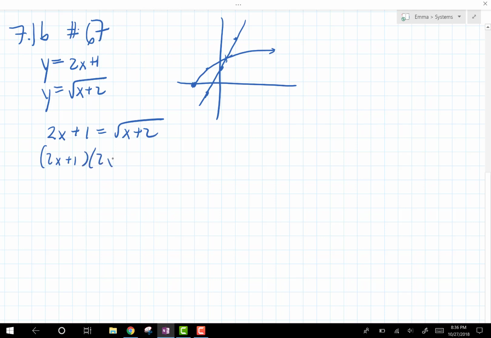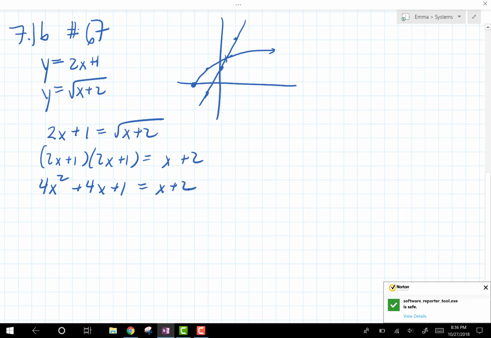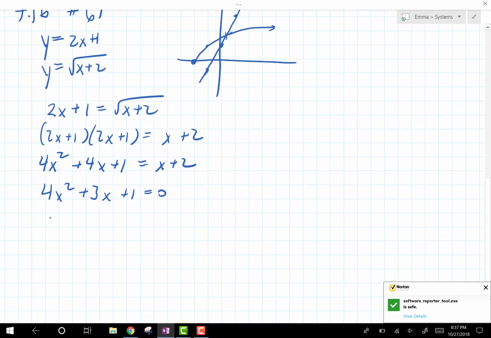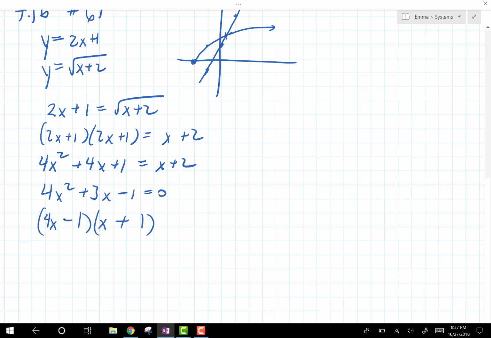So remember, when you square the left side, you have to write it out. When you square the right side, it'll undo the square like we planned. And then you just solve this quadratic. Yay. Oopsie, that's a minus 1. So you try to factor that, and you've got 4 to make 1. Something like that. And then you can see that they'll meet when x is a fourth and when x is